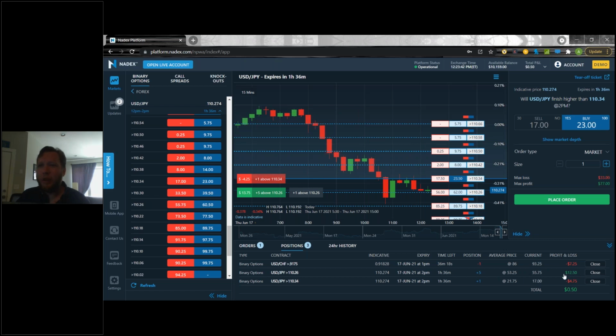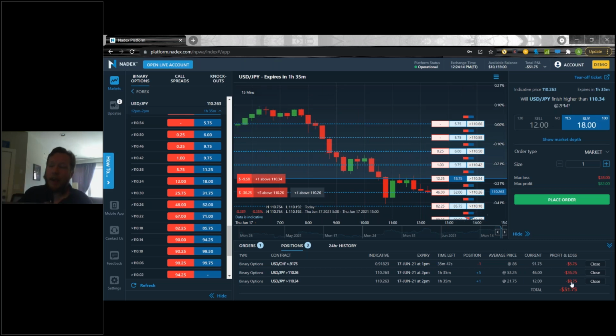And you can also see it's not the exact same on this one because I have 5 contracts. So it's always going to be basically, for the buy side, the current price minus the average price you paid to get in, times the position size. That's where you get these bigger numbers, because for every contract, if I only have 1 contract and it moves up $1, I'm making $1. If I have 5 contracts and it moves up $1, that's $5 for me, obviously.